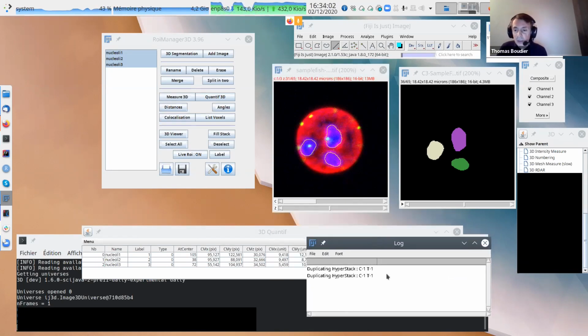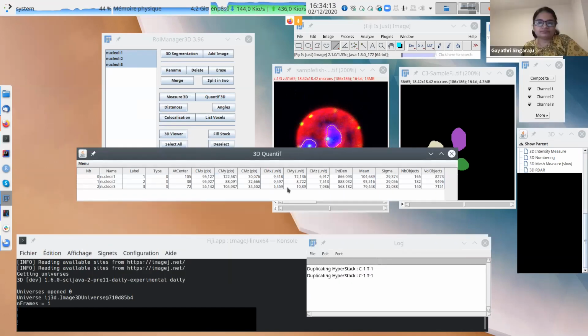If you have many T, it will do the measurement for the selected T on the channel, on time, working exactly the same. So we have the intensity measurement at the geometrical center and center of mass.